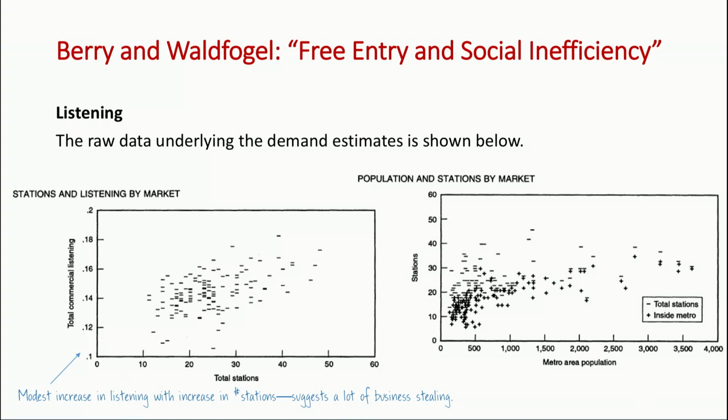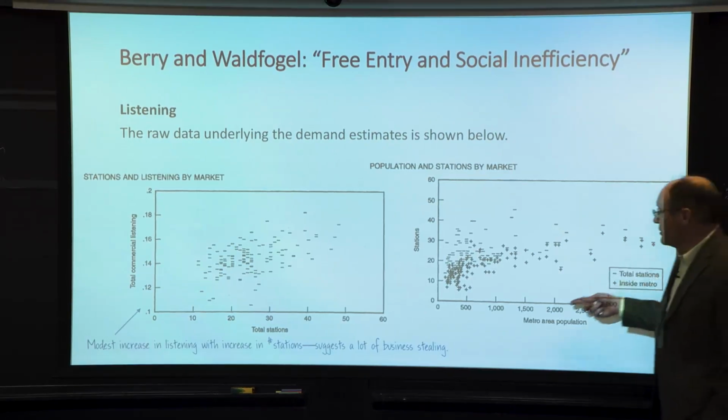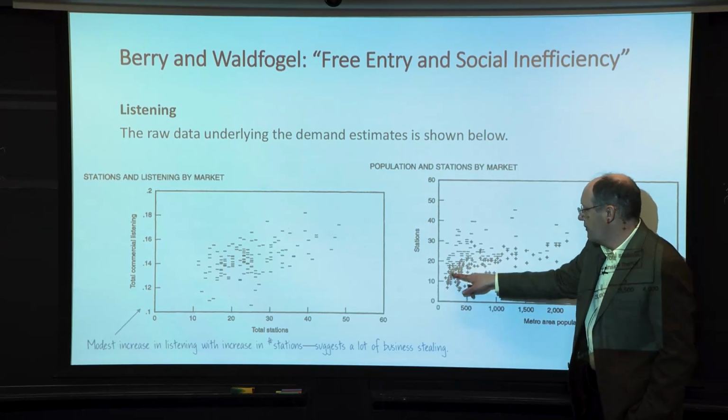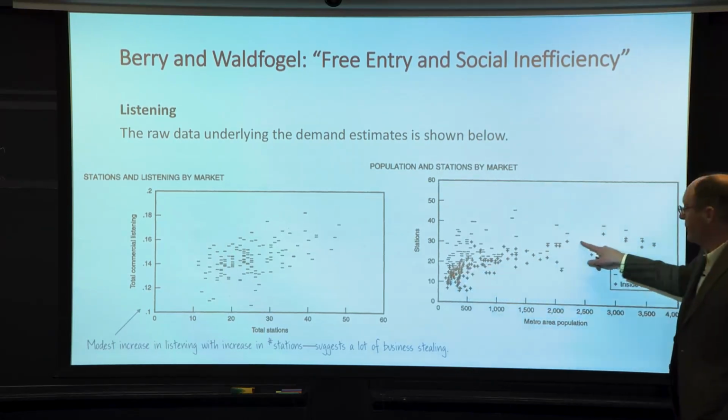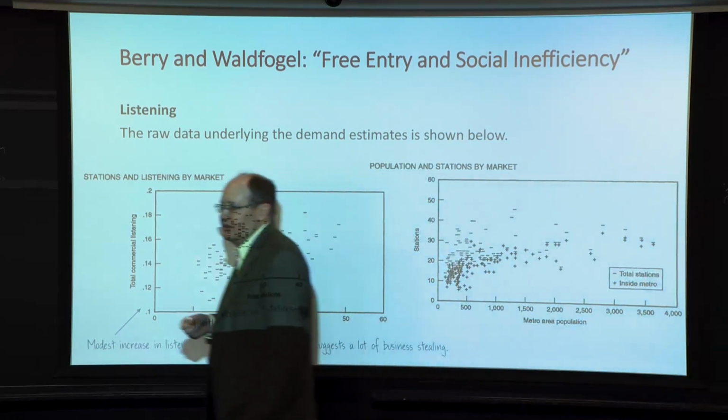And again, we think that this graph, if you drew the OLS, might overstate how much market expansion there is. So when you run the IV, it's not surprising that it says, yes, there's an awful lot of business stealing here. And then, this is just showing you where the instrument comes from. That is, it is true that the cities that are small, the cities of a few 100,000, tend to have only 10 or 15 radio stations, and as markets get bigger, you're getting more radio stations. And that's the first stage.